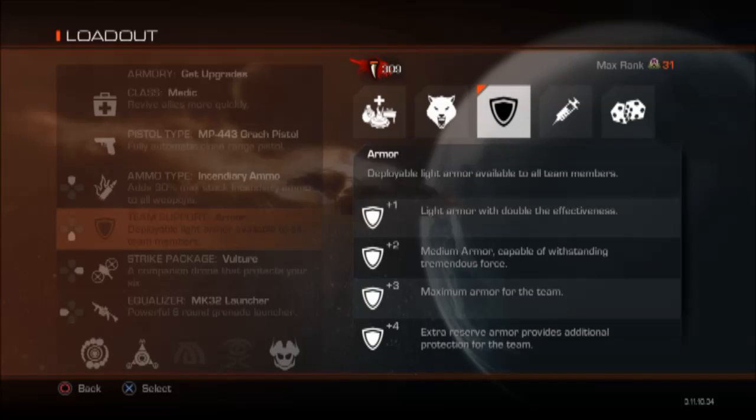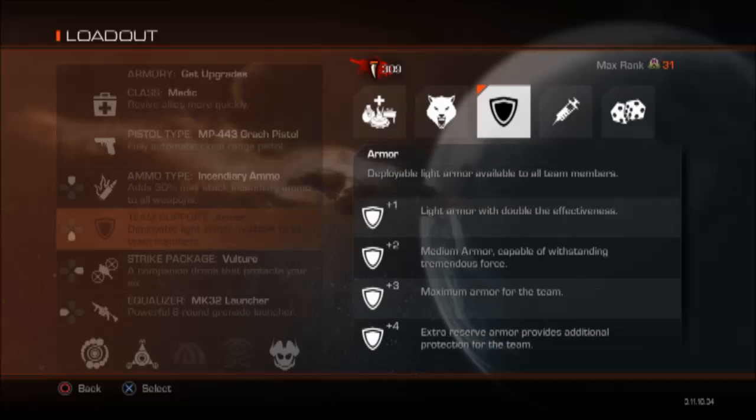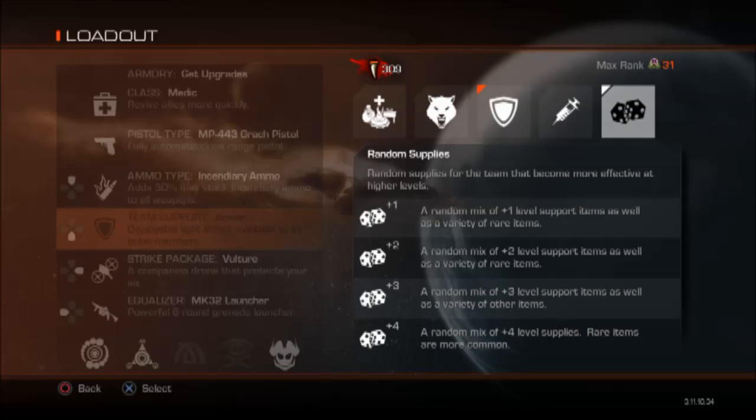Okay, team support. Let's see where to start. Team explosives. I recommend one person run one of each if you're running 4-player co-op. The exception is for dice. If you're running